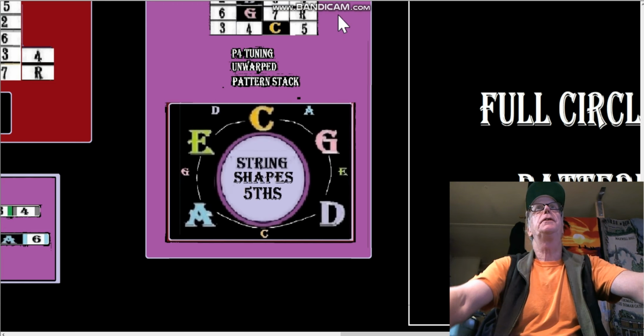So looking here at the circle of string-shaped fifths, let's just start on G. When we go clockwise, we go in fifths. Notice the little letter